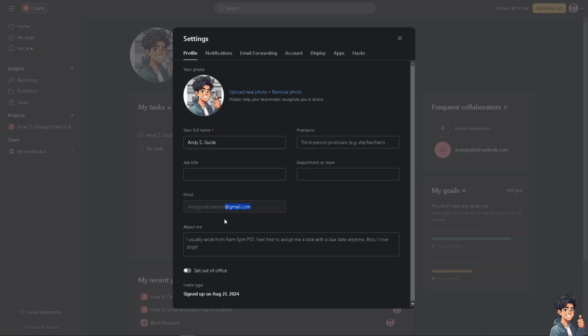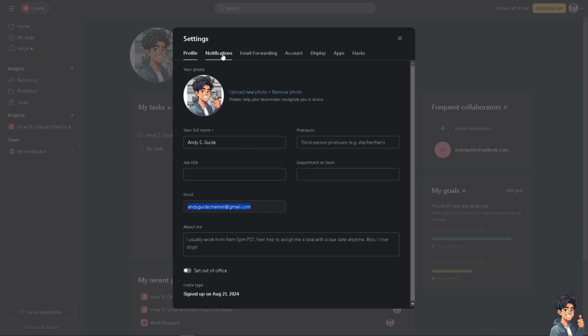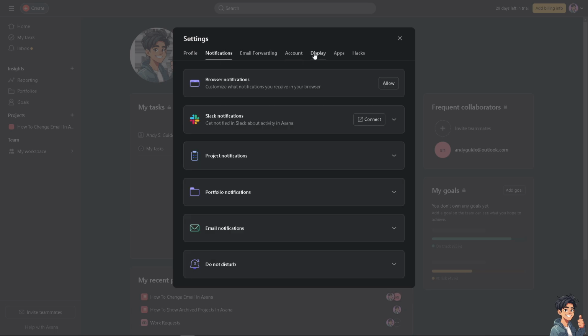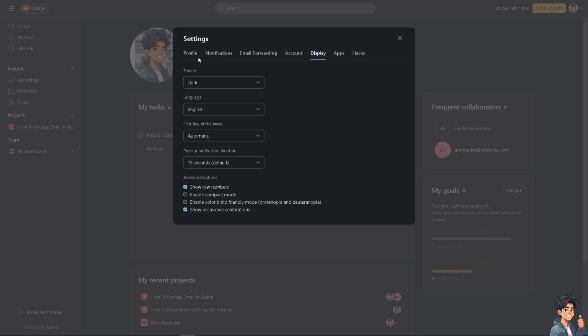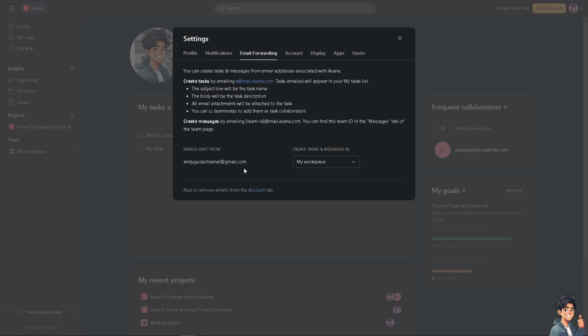You see, I can't do anything about it. Even if I type in something, you can only highlight that, but it's grayed out, meaning it can't be edited. All right. So, even if you go to notifications, email forwarding, account, display, apps, hacks, there's nothing here that can edit the email address. Instead, I want you to hover to the email forwarding tab, wherein you see